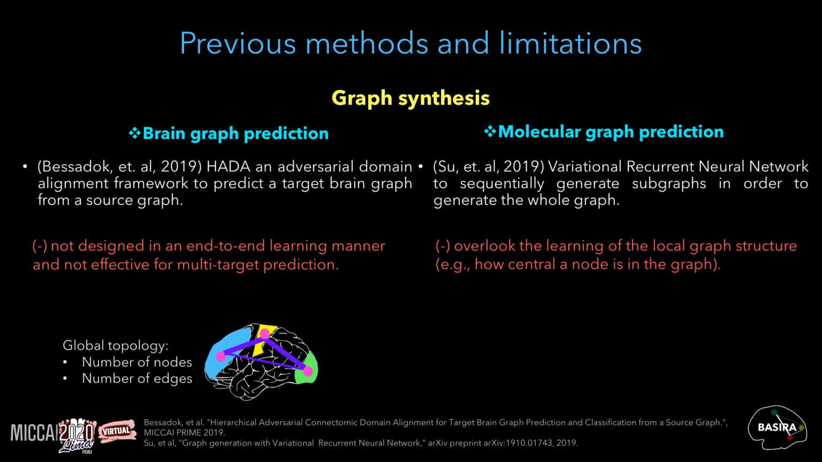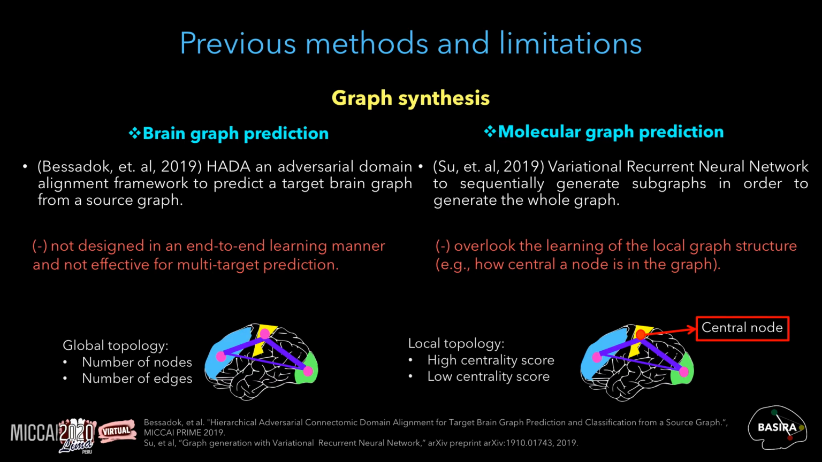However, these graph synthesis works only learn the global graph structure like the number of nodes and edge weights and overlook the learning of the local graph structure like how central a node is in the graph. By overlooking the learning of the local topology, one cannot capture which ROIs would be most effective for early diagnosis